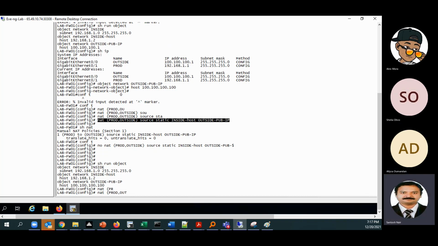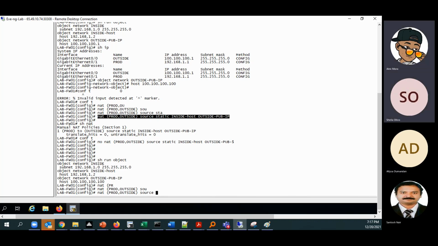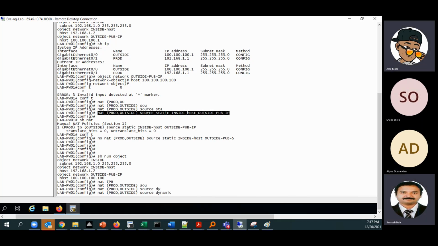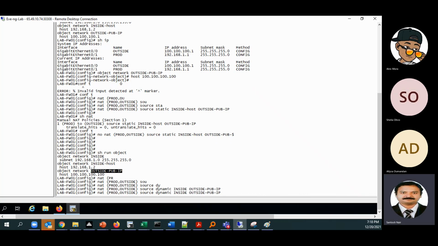Anybody can just tell me the rule: outside, same thing source. Absolutely. So static or dynamic? Dynamic. And what we are going to NAT actually? We are going to NAT the entire subnet. Either we can NAT it to the interface, or we can NAT it to that public IP. I will NAT it to the public IP just to show it to you. Okay, I will remove this command.